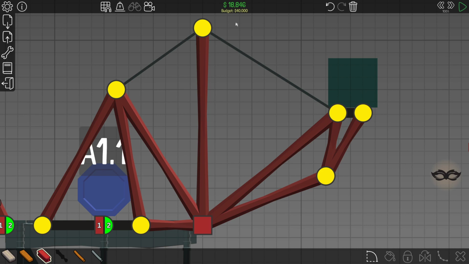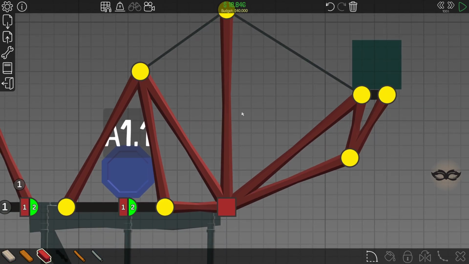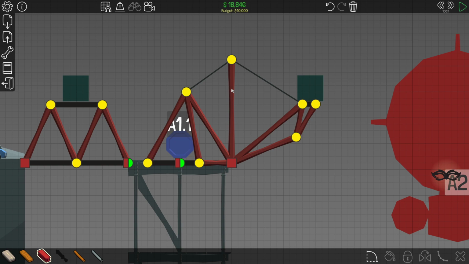Catapult. How is an actual catapult designed? Honestly, this seems more like a trebuchet than a catapult to me, but what do I know? Let me think. So this is pulled downwards. And then we have this part and this part. It must mean that there must be...